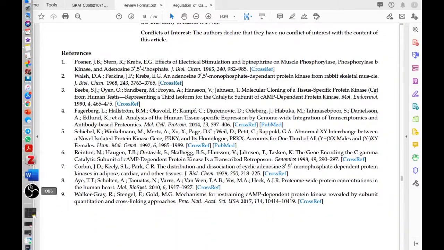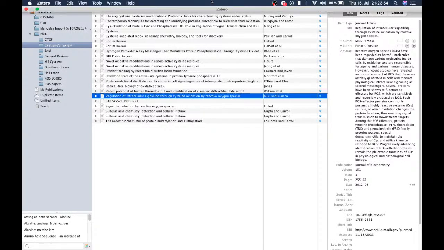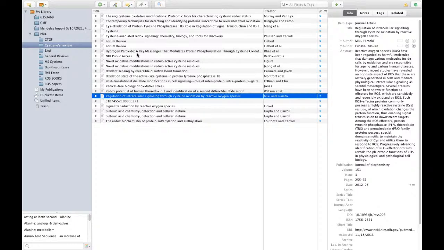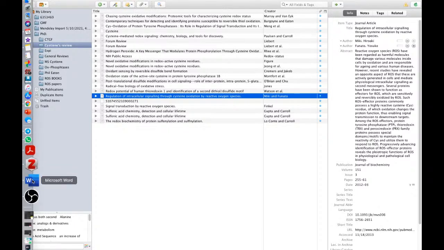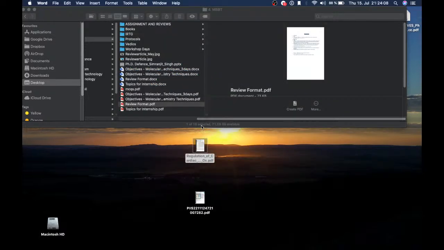To write your references, you can use these reference managers. Like I'm using Zotero, you can use EndNote, you can use Mendeley. There are many in the market, so you can choose any of them and start writing straightforwardly. Because, let's say I had written one book chapter,